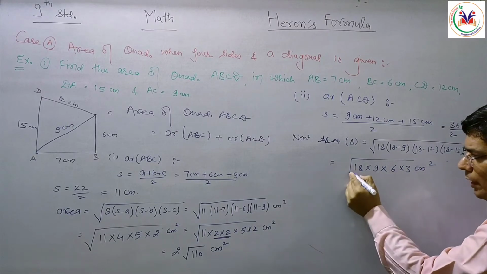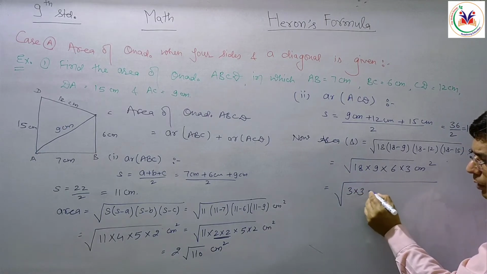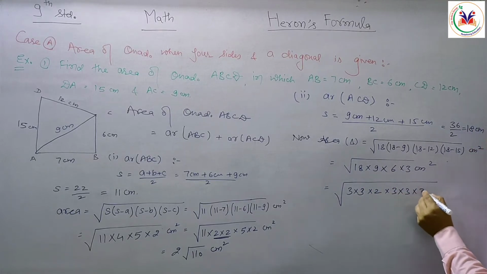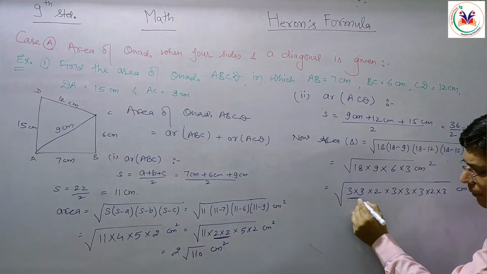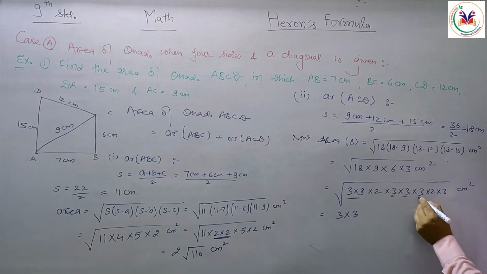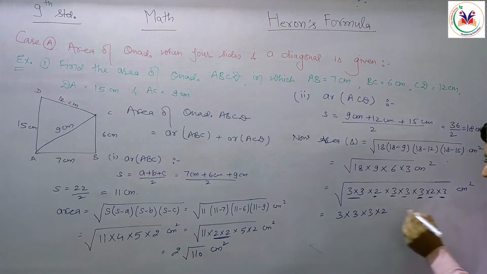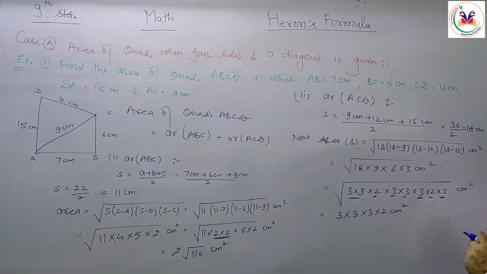So now what should I do? I'll just take the factors of those things. So 18 factors into 3 into 3 into 2. 9 factors into 3 into 3. 6 factors into 3 into 2. And 3 will be as it is. Now we should find pairs. That means 3 appears as a pair, 2 times, so take it outside once, and 2 is also there 2 times, so we write it a single time, centimeter square. So 3 3 are 9, 9 into 3, 27, 27 into 2, 54 centimeter square.